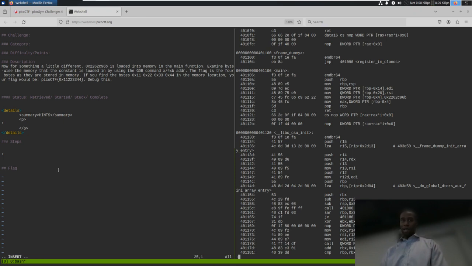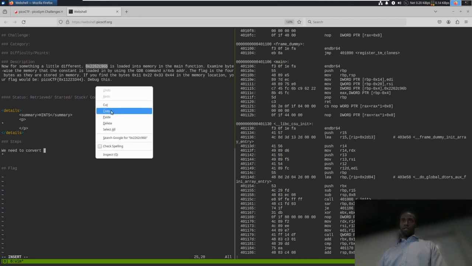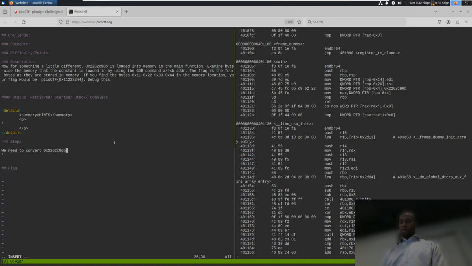So knowing that, I can put into our notes here, we need to convert the number that we've been given into little endian byte order. Several ways to do that. You could fire up a Python program to do it if you wanted to, or load it into CyberChef or something like that. But honestly, all you need to do is find these byte portions here and switch them up,